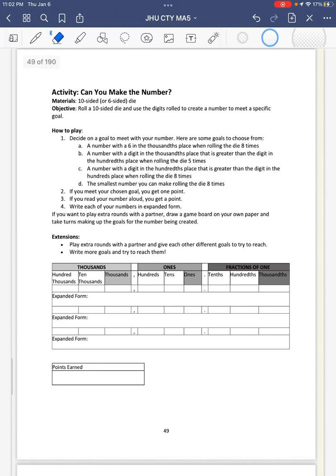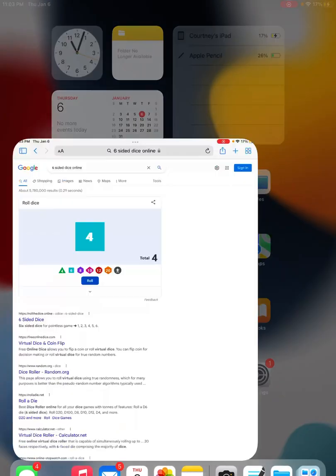This is the activity that goes with lesson 1. It is not a partner activity, but is one that requires you to have a die, and you could do it with a partner or a family member. So if you have a die at home with a board game or something, you can grab that, or if you don't want to go through the trouble of finding one, then